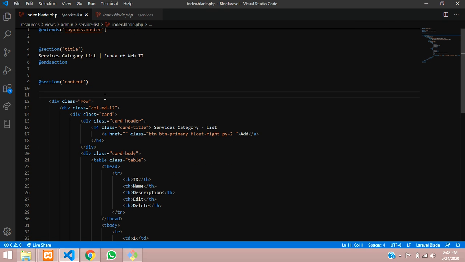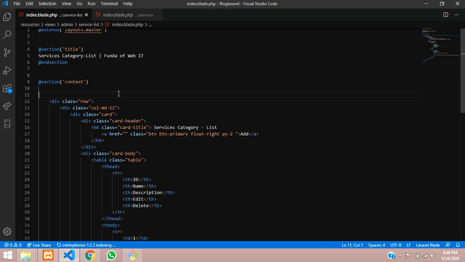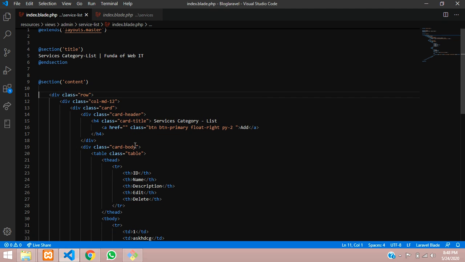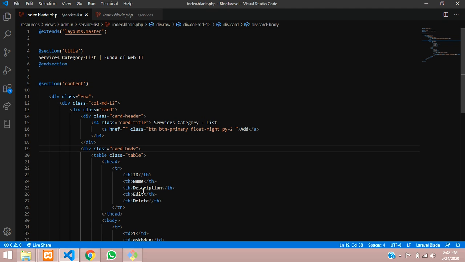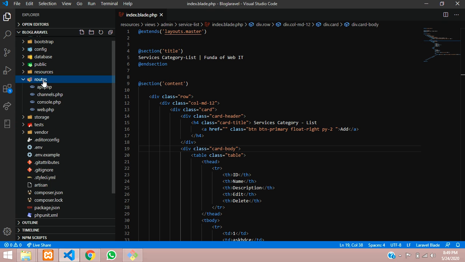So guys, now let us save this. Okay, let us save this and call this file. For that we have to make one route. So let's go to the route folder and open web.php.